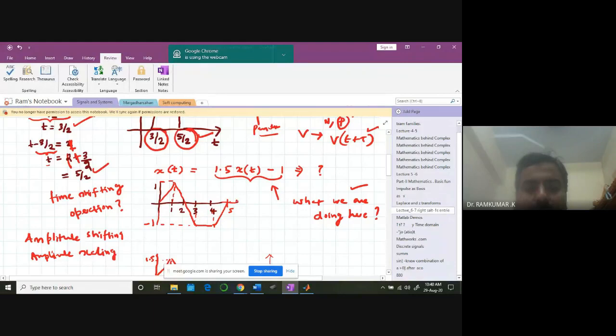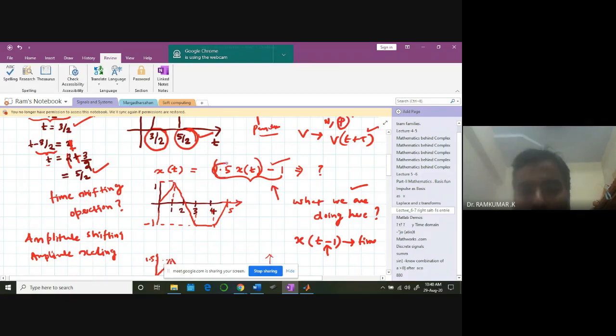Don't worry about time now. Think in terms of the amplitude, because when I'm going to do something like x of t minus 1, this is time shift. Keep that in mind. Within the bracket, the independent variable t is getting shifted by minus 1. But here, the whole signal I'm talking about is getting shifted by minus 1. So there is a difference between introducing this inside the bracket, t minus, and outside this bracket. So understand this very clearly.